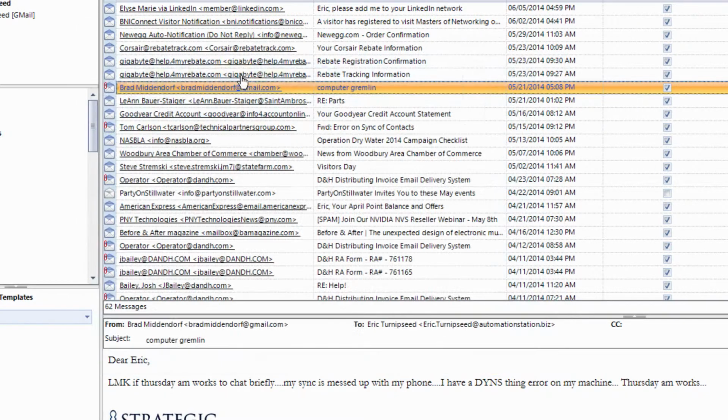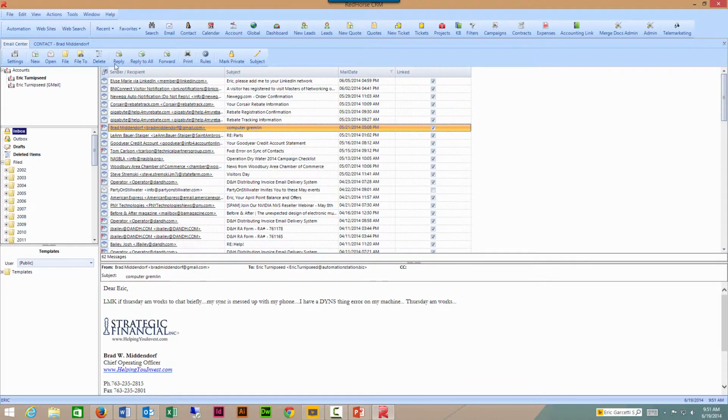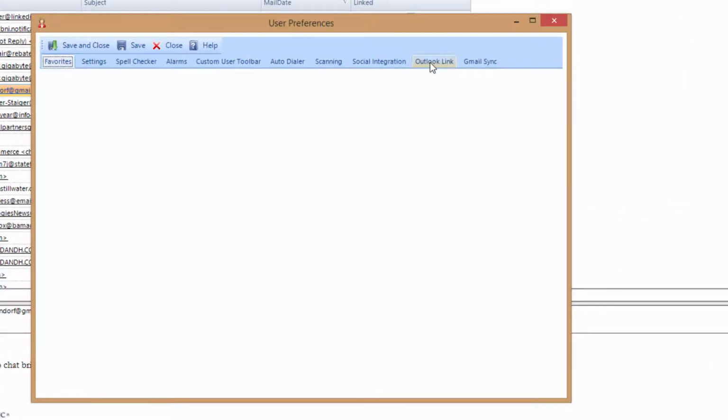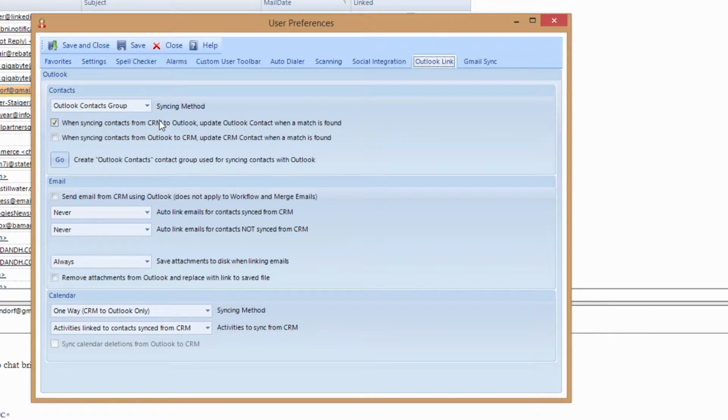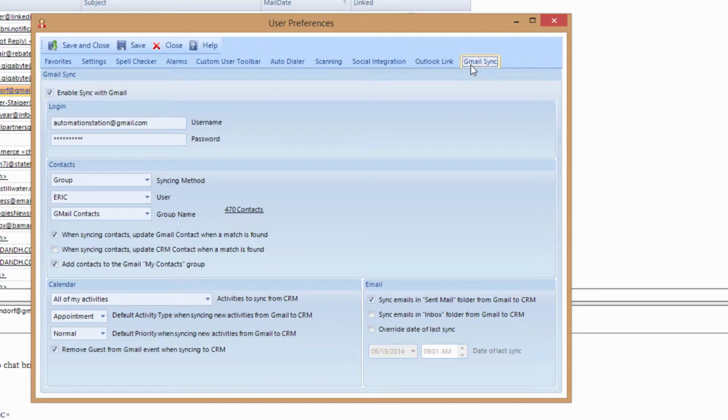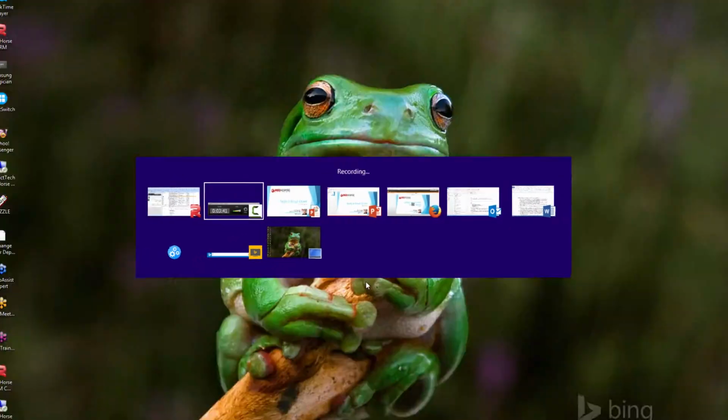Now you don't have to use RedHorse's email client. You can, if you choose, synchronize with Outlook or link with Outlook. So you can install and configure the Outlook link, and you have the ability to sync contacts. You can control how email is handled. You can also sync your calendar back and forth between RedHorse and Outlook. Incidentally, you have the ability to do this same type of connectivity with Gmail, and that is Gmail is selectable by user. So if I go over to my Outlook,